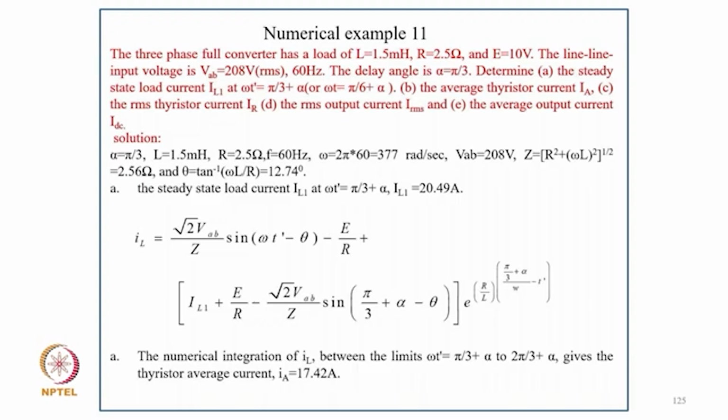Then IL comes from this: typically a value root 2 Vab upon Z sin omega t dash minus theta minus E upon R, in bracket IL1 plus E upon R minus root 2 Vab upon Z sin pi by 3 plus alpha minus theta, e to power minus R upon L, in bracket pi by 3 plus alpha minus omega t dash. So numerical integration of IL between omega t dash pi by 3 to 2 pi by 3 plus alpha gives